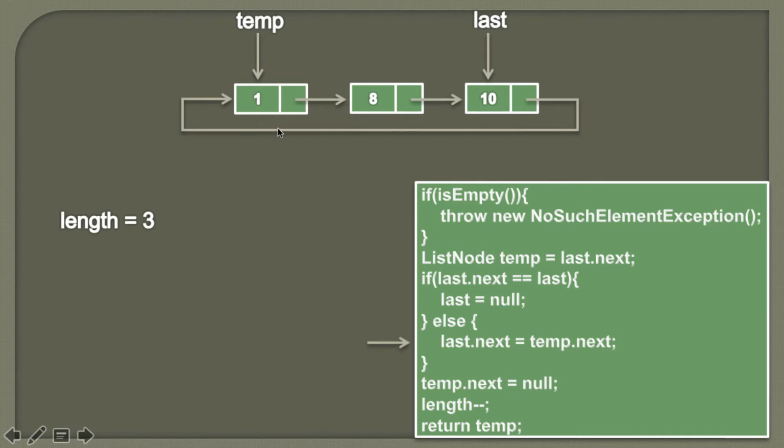Here if you see, when we remove this first node from the circular singly linked list, the node having the data as 8 becomes the first node because this node is removed. And we also know that circular singly linked list has property that last next points to the first node. So in this step we are simply assigning the value of temp next to last.next.